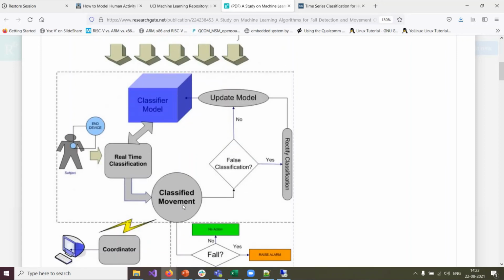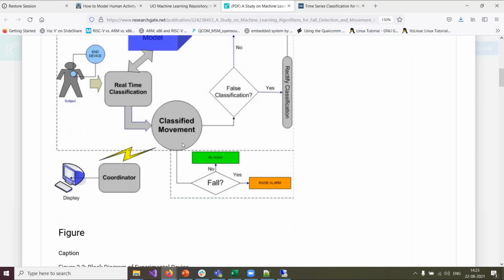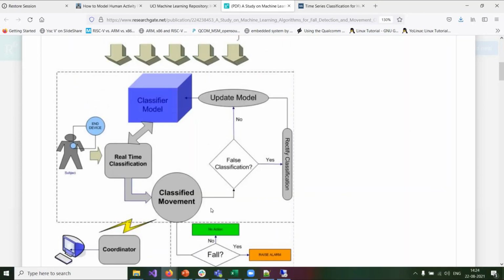Once the movement is classified, you do what you want based on the detection. For example, if the movement is classified as stationary, moving, or highly moving, you can take an action based on that. With the action mapping to the classification, and based on the classification with the real data, you will be updating your model for more accuracy of your classifier model.